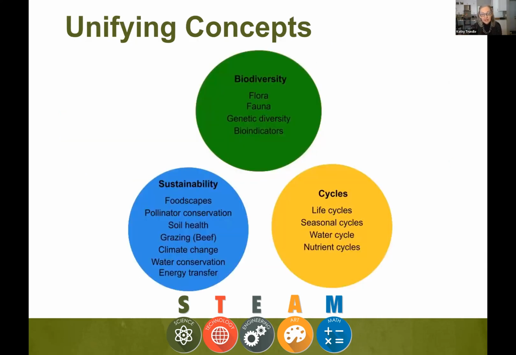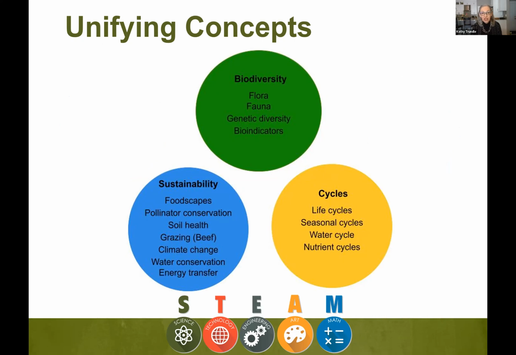So we looked at what are the important components in the standards for the grade bands that we're working with, and what fits with garden-based learning and integrated STEAM learning in these contexts. And we identified unifying concepts.